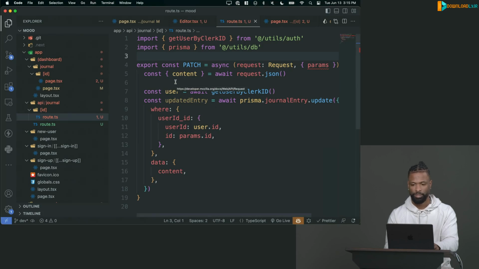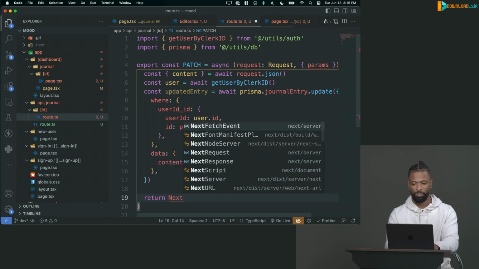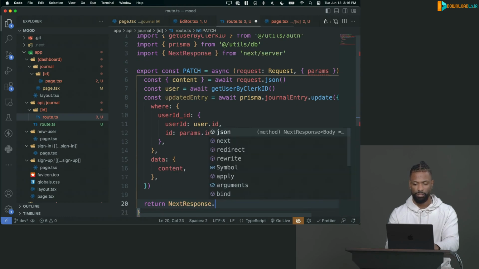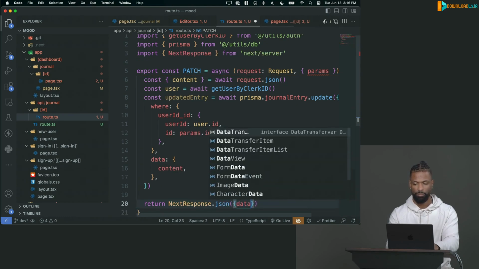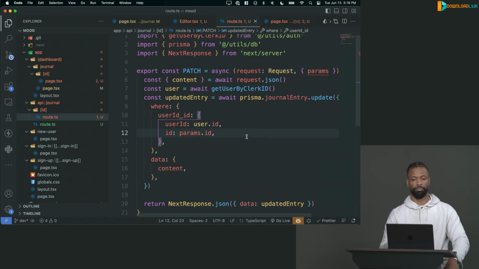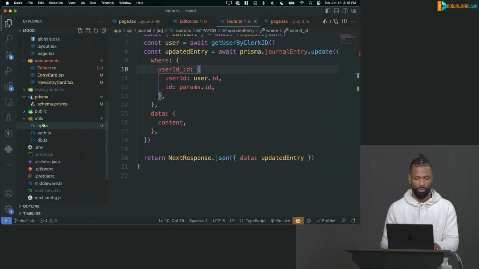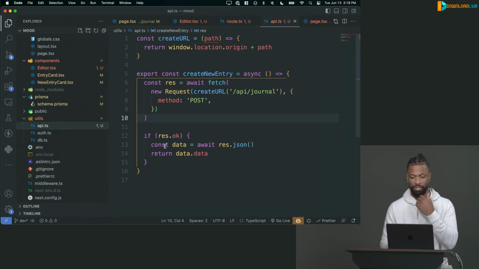Cool. So we got the content. We got the updated thing. Should be good to go. Let's just return next response dot JSON. I'm gonna put a data property on there with the updated entry. Alrighty, and then we're gonna head over to our utils API, and we need to make a function here in